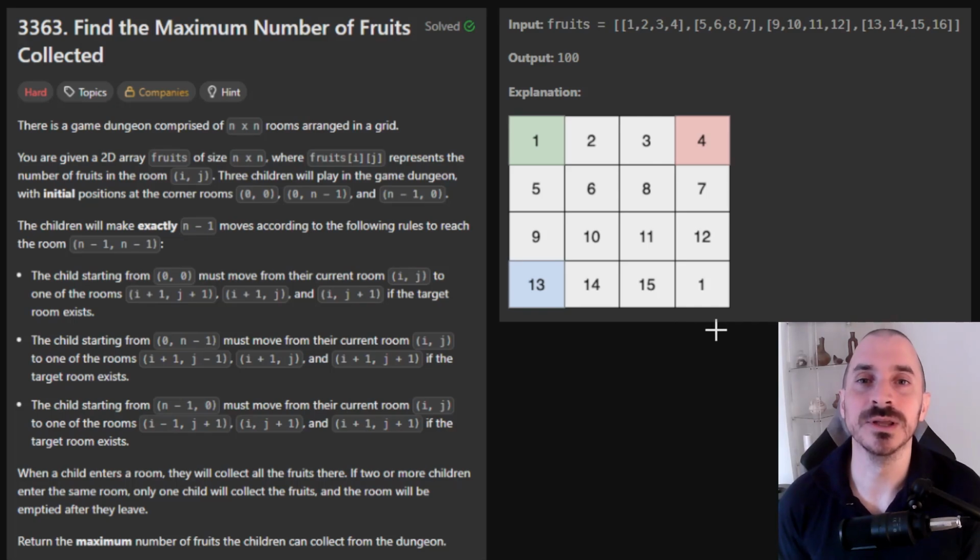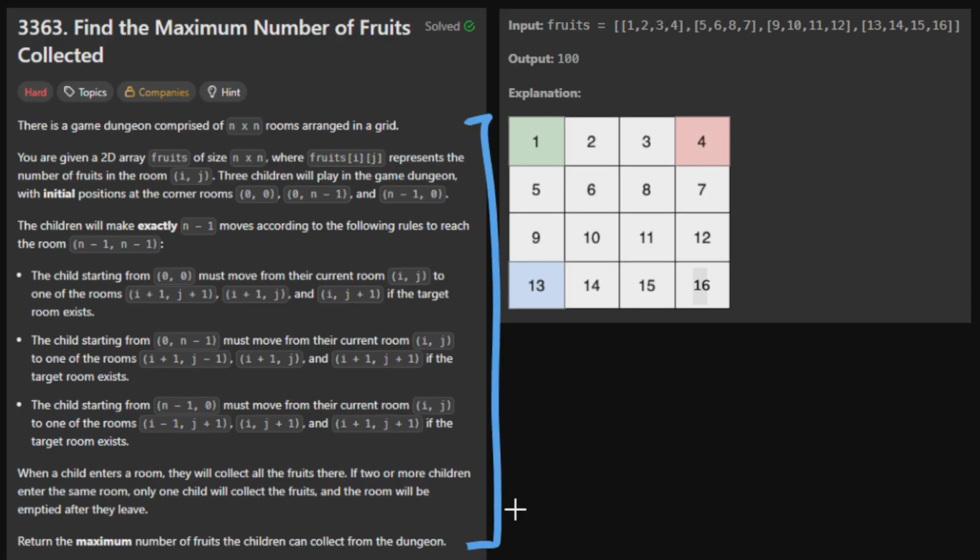Hello everyone, I'm Paul and today we're solving problem 3363, find the maximum number of fruits collected. I will say this one is reasonably hard, so here I will show you how to solve this step by step. This is a nice description, you can read this if you want, but basically we are given a grid